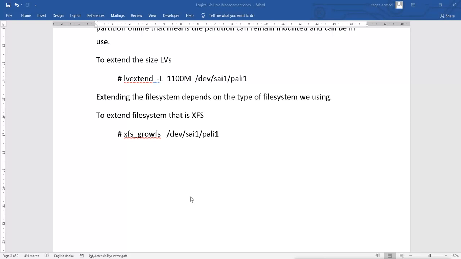You can do it only in the ext file system. In the ext file system you can extend the file system and you can also shrink it, but you cannot do it in XFS. XFS does not support shrinking the file system.